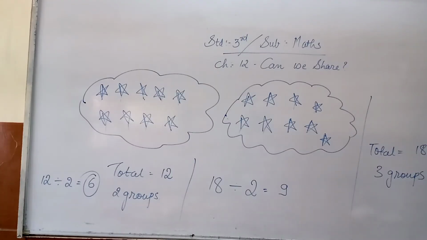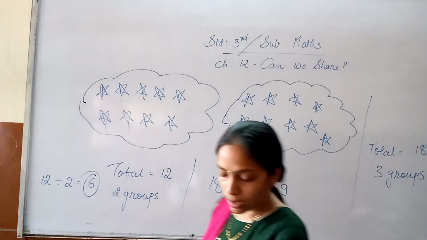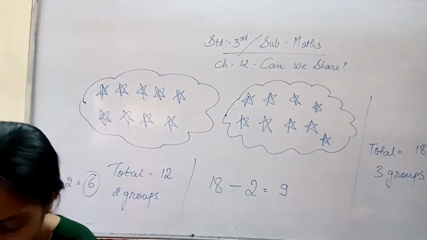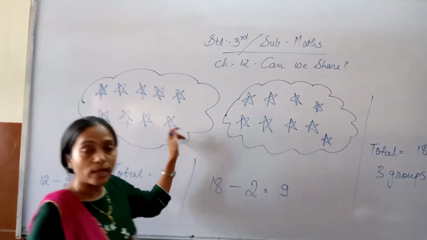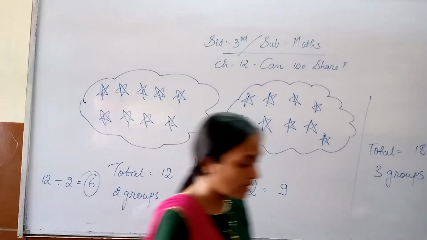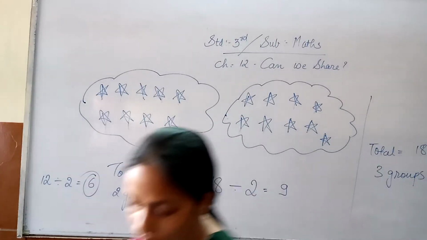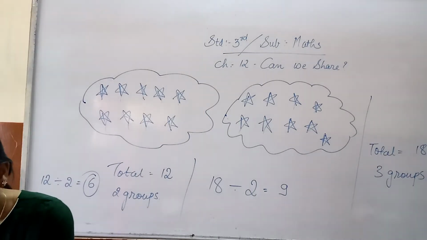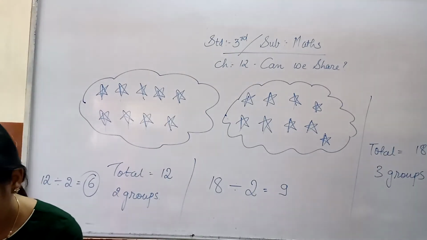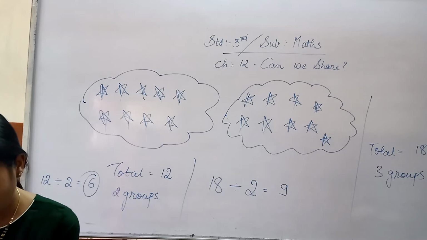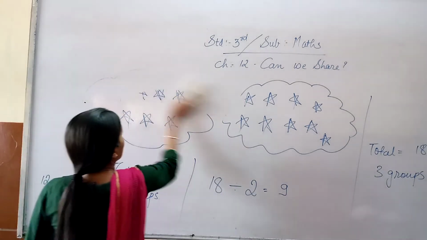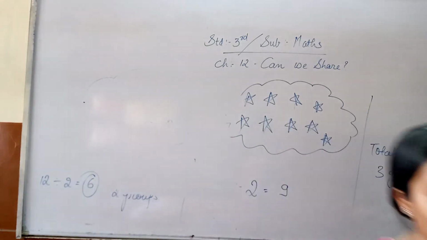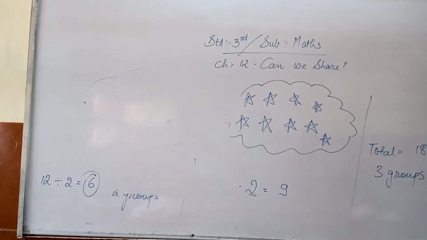Okay. So this way you have to solve question number 1 and 2. I have already shown you this in the textbook and in the workbook also, that you have to draw on your own. And now we'll go to the next question, question number 3. Sorry, first it is given on page number 202. That we'll first see and then we'll solve the next question.